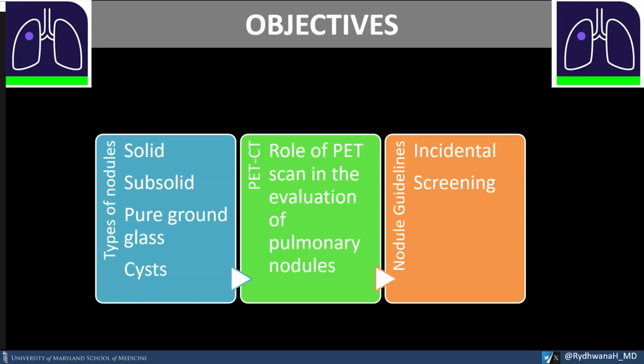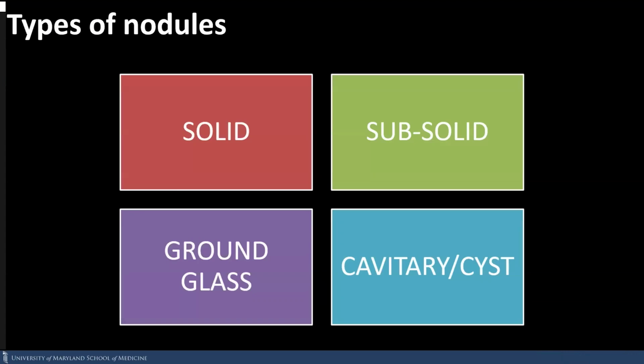and their management parameters. So a pulmonary nodule, we know, is a focal rounded or irregular opacity, which may be well or poorly defined, measuring less than 30 millimeters, right? So that's the definition, and it's surrounded by aerated lung. This definition used by guidelines includes nodules in contact with pleura, but also excludes those that are associated with lymphadenopathy or pleural disease. So when we think about different types of nodules, you can think about it in these four big categories. And then we're going to take some time to talk about potential internal contents of the nodule to help define it even further.